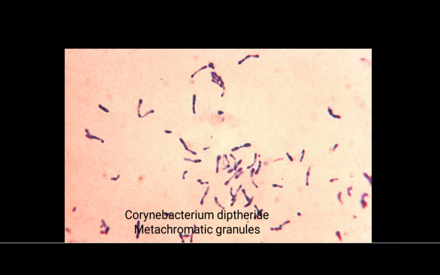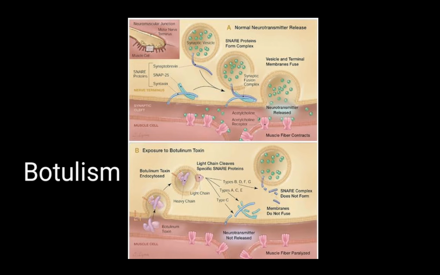And in Corynebacterium diphtheriae, we will have 3 to 4 culture media that are specific. One is Loeffler's serum slope medium, then we have Tinsdale medium, then MacLeod's medium, and another is the potassium tellurite medium. And elongation factor 2 is affected, that is, protein synthesis is affected by it. Then the next image we have is of